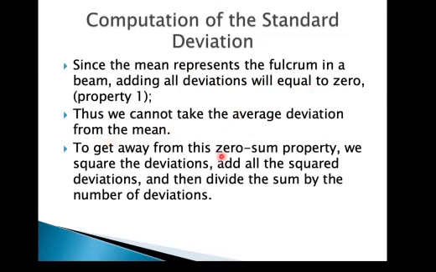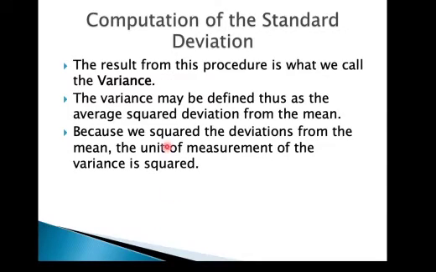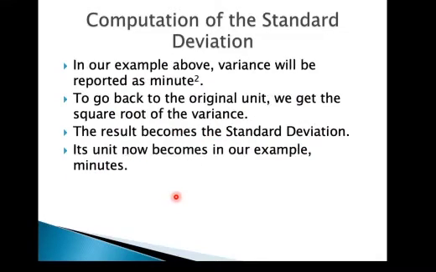And so we cannot take the average deviation from the mean. To get away from the zero sum property, we square the deviations, add all the square deviations, and then divide the sum by the number of deviations. We explained that to you a while ago. And then the result is what we call the variance. The variance is defined as the average square deviation from the mean, and it is squared. In our example, the variance is reported as minutes squared. To go back to its original unit, we get the square root of the variance,